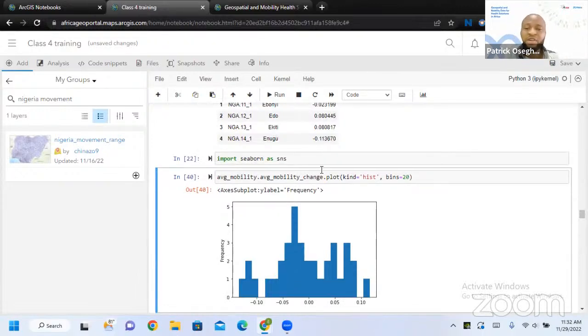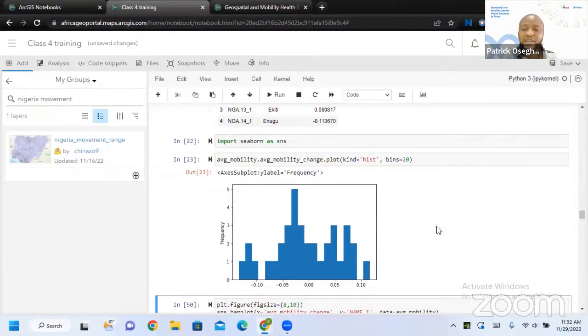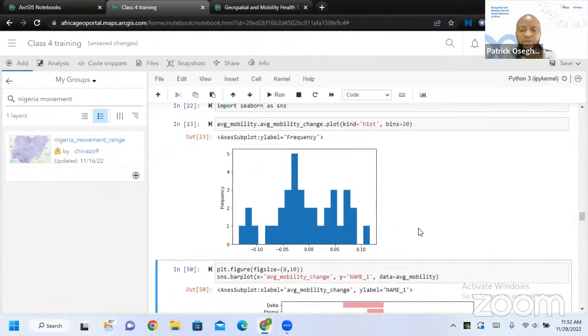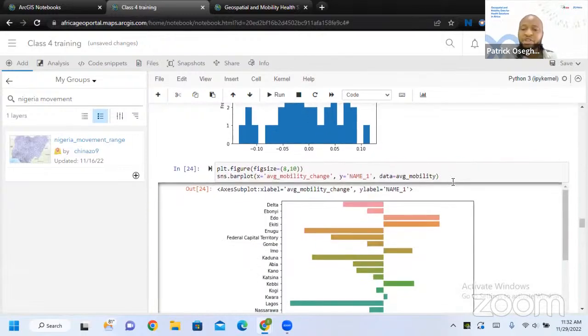I just want to use NumPy to do some visualization. It won't be much, just something we have to play with. Now I did a histogram. It was not really giving me better information, so I want to do the count of each state, or the average of each state.